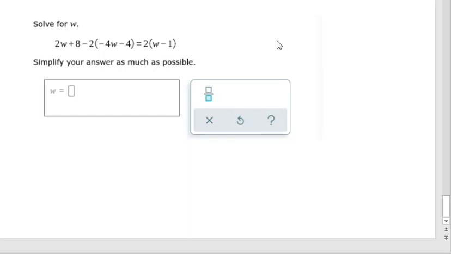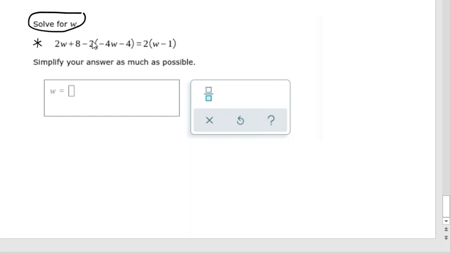Okay, so for this particular problem, we are solving for W. And in order to do this, remember that when you're solving an equation with the variable on both sides, you have to simplify each individual side first. Okay, so when we look at this side here,